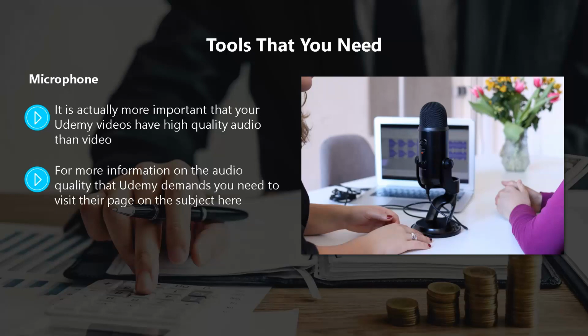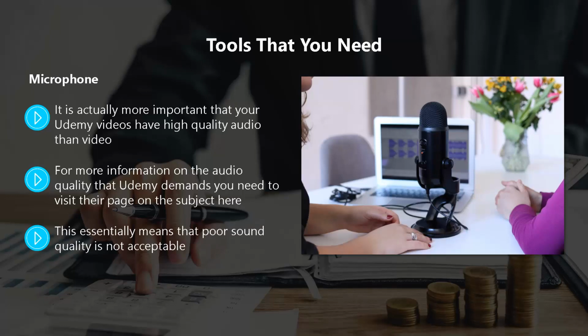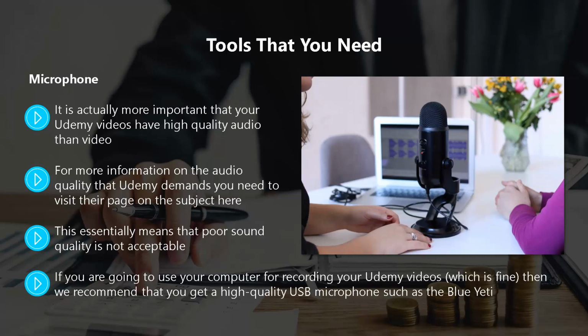One of the most important points on the page talks about the audio quality not being distracting to students. This essentially means that poor sound quality is not acceptable. If your students have a tough time hearing you, that really isn't good. If you're going to use your computer for recording your Udemy videos, which is fine, then we recommend that you